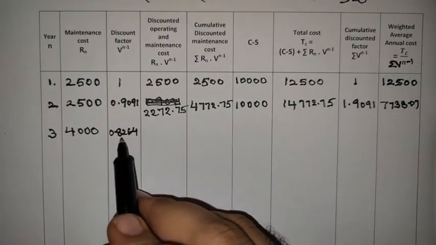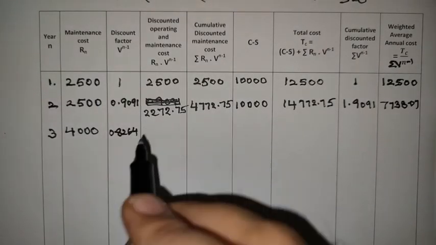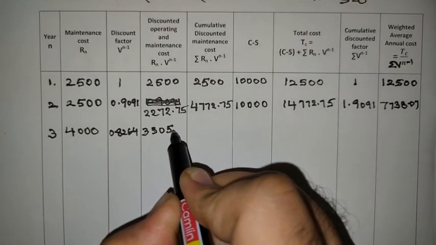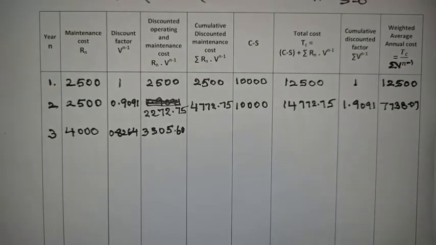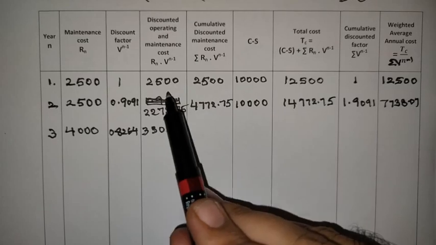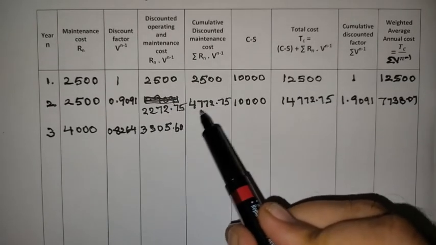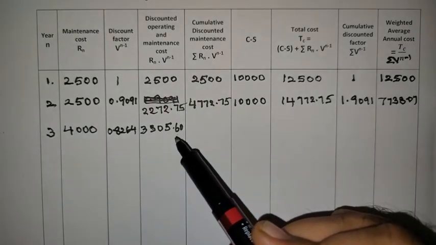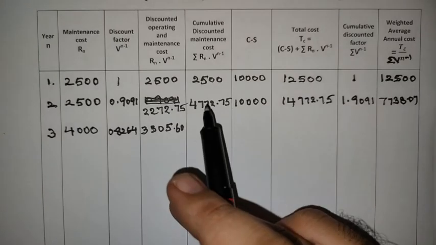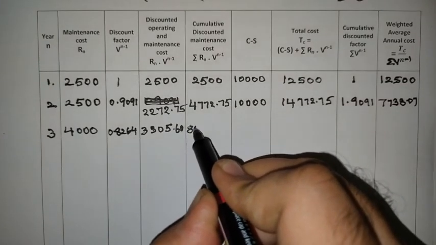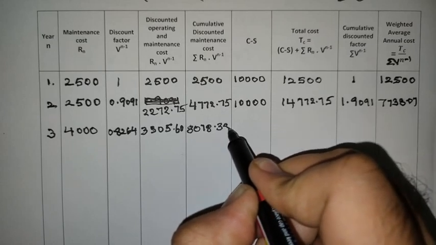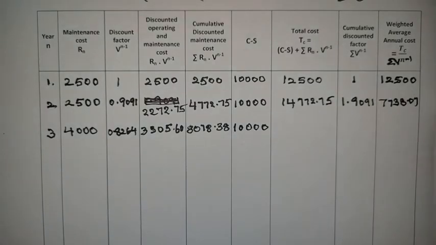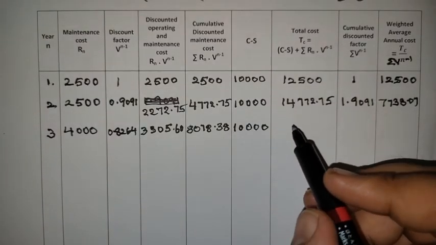Next, Rn into v power n minus 1, then we will get 3305.60. Next, calculate the sigma value, means add these three, or up to these two terms sum, add this one to this value, then you will get 8078.38. C minus S value is 10,000 and that is constant, and next one is total cost, so